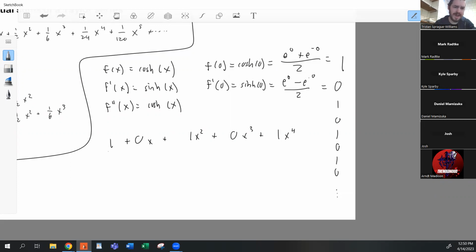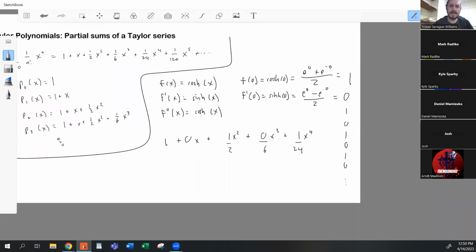But then we also have to divide by 1, divide by 1, divide by 2, divide by 6, divide by 24, etc. And what we actually end up getting is just the even powered terms of e to the